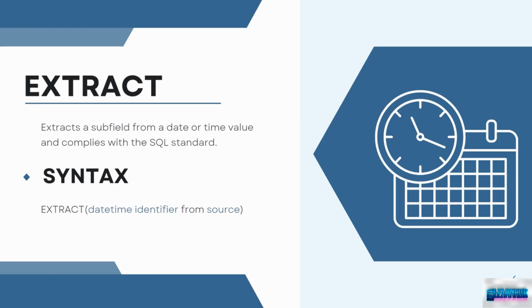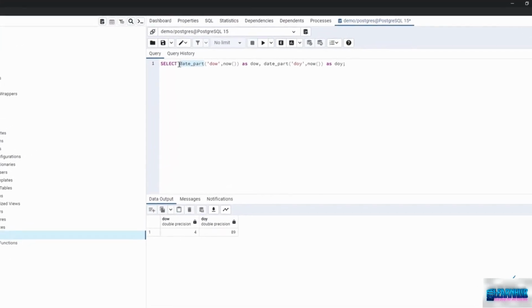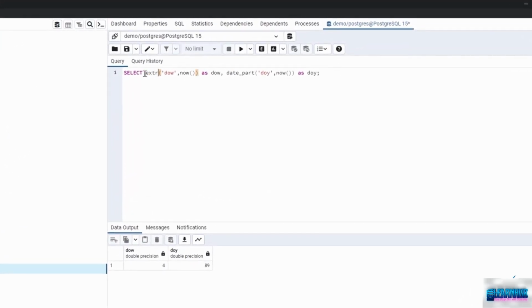The extract syntax is as follows: extract, open brackets, datetime, space, identifier, space, from, space, source, close brackets. The datetime identifiers you can use for the extract function are the same keywords as in the date_part function that was mentioned earlier. So, if we simply replace the date_part with extract and replace the comma with from on the